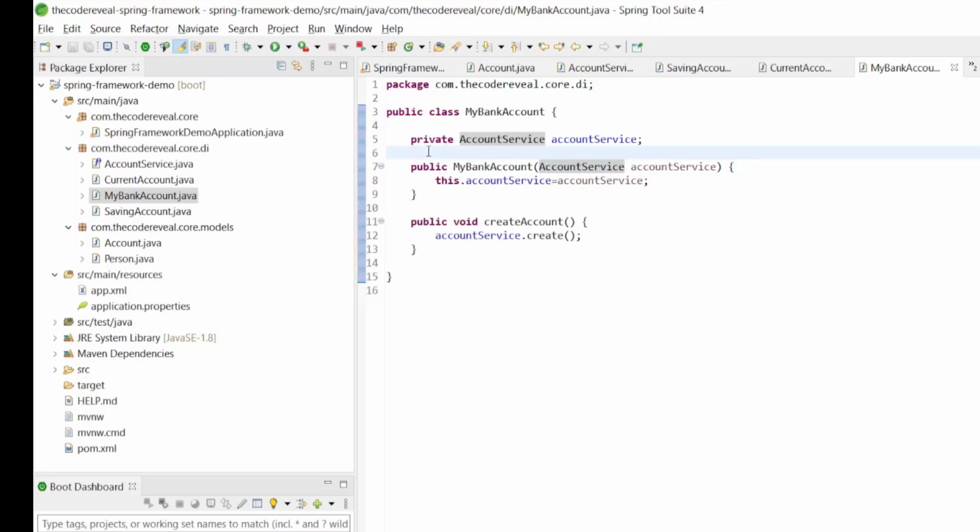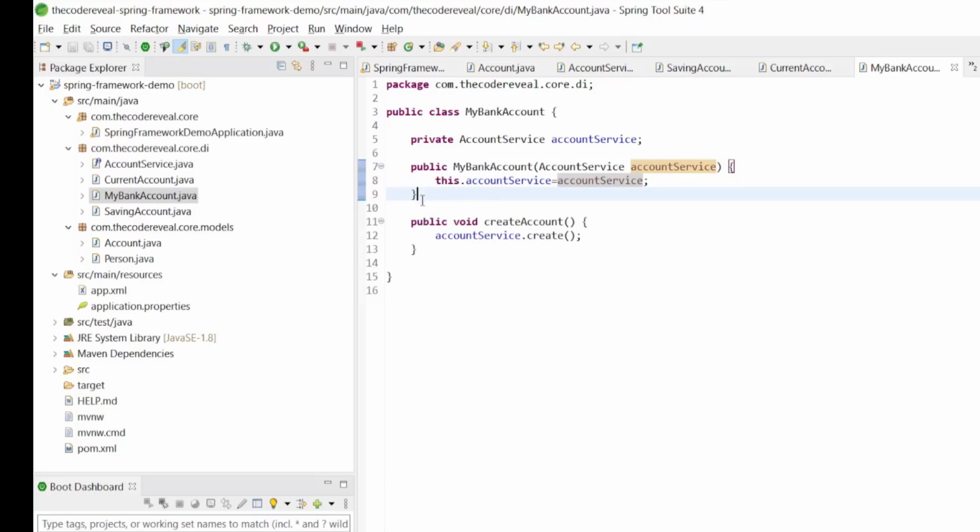There are two types of dependency injection: constructor dependency injection and setter dependency injection. In constructor dependency injection, we define the dependency in the constructor argument, and the container will inject those dependencies when it calls the constructor or the factory method.